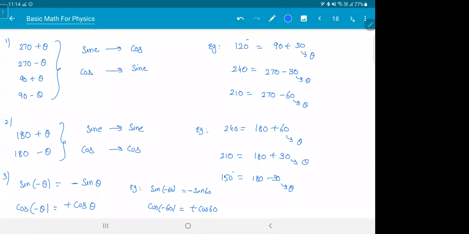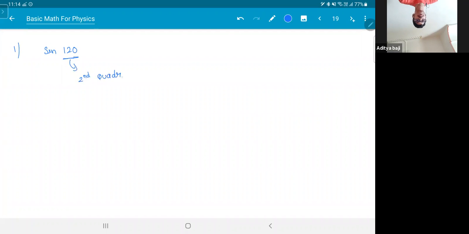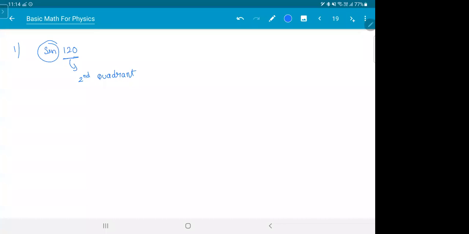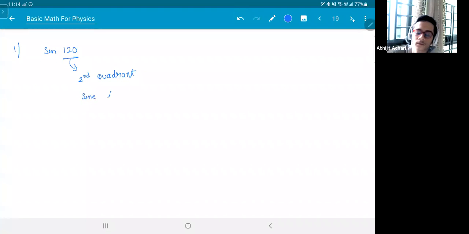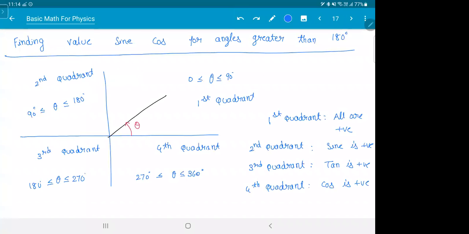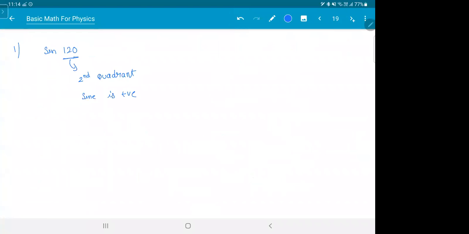Turning the page. Now let's see some examples. Listen carefully, because this is how you learn it actually. There is no other big logic here. Let me take something simple. Sine 120. First thing, this is what you have to see. 120, which quadrant is it? Second quadrant. In the second quadrant, what is the sign, positive or negative? Positive. Sine is positive. That's what you wrote on the first page. Second quadrant means sine is positive. So you got the plus sign. Great. Now 120 can be written as sine of 180 minus 60.